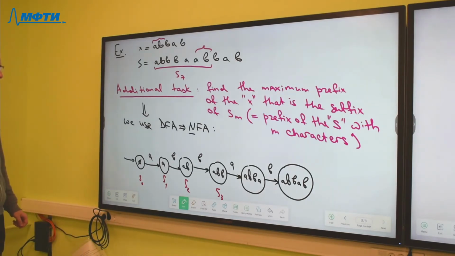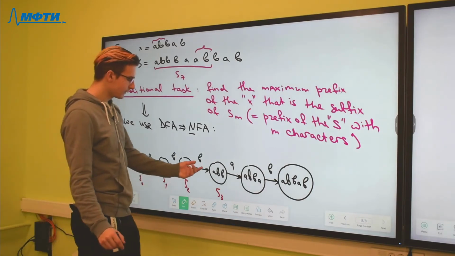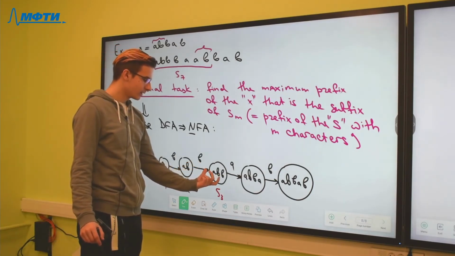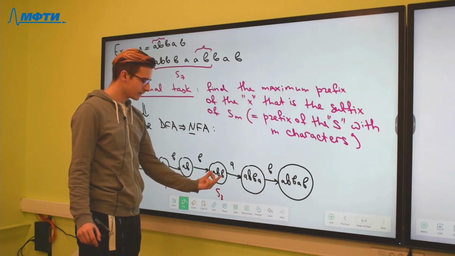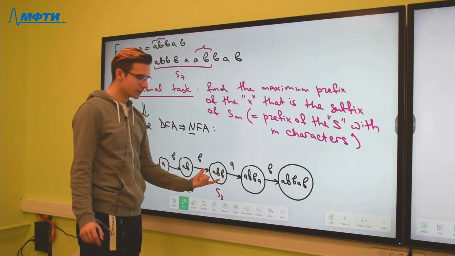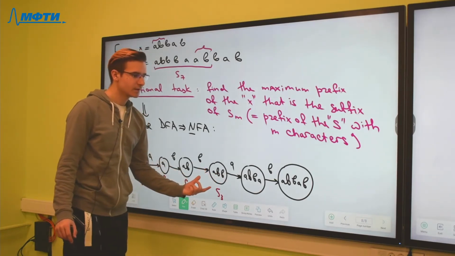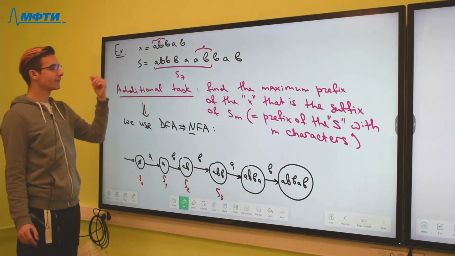To understand it, we can find the maximum suffix of this word that is equal to some prefix of x,